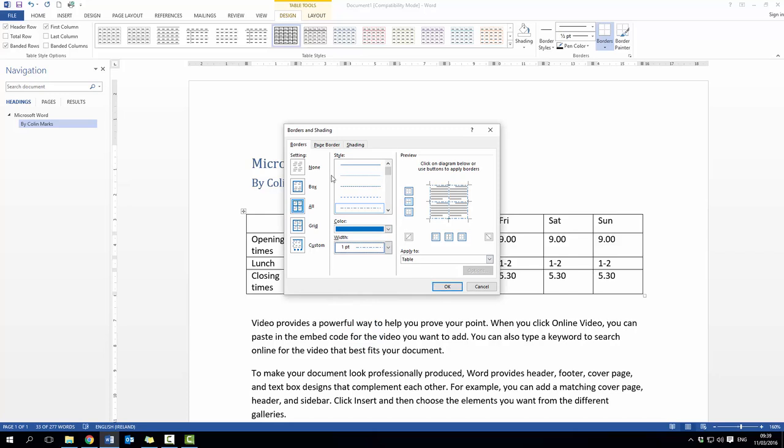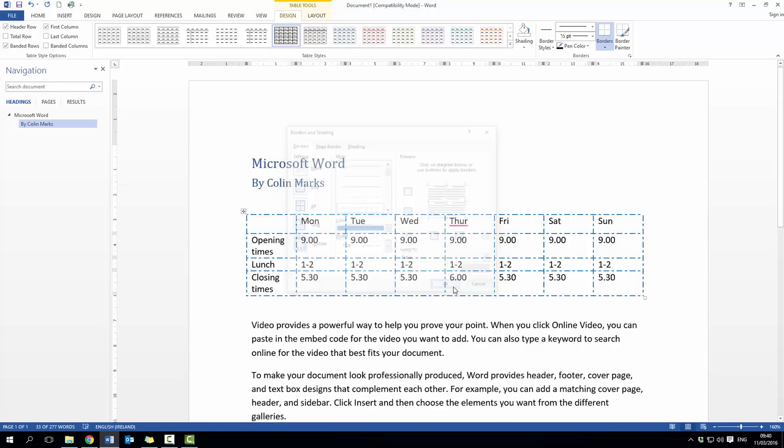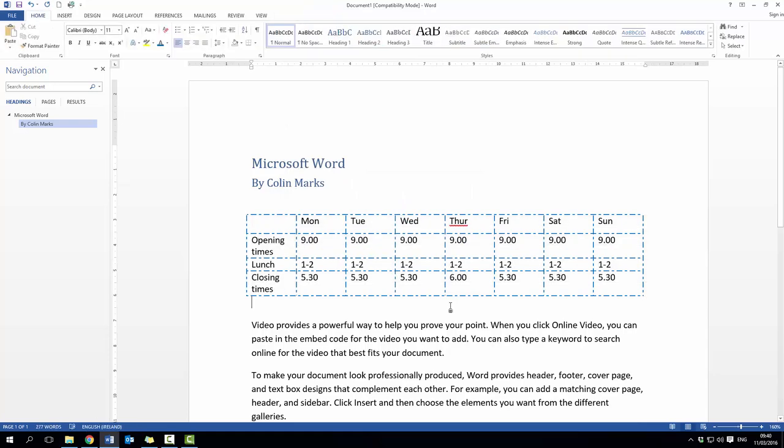So what we're going to do is we're going to change the options. On the right hand side here it gives us options. So at the minute you can see it's giving you a preview and it's showing the lines at the top, bottom, left and right, and also the interior lines. I can turn the top on or off. I can turn the middle on or off, or the bottom on or off, or I can turn the left, center and right on and off. So I'm just going to click on OK,